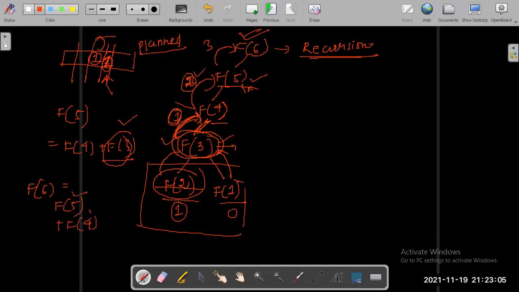Fibonacci of 5 has been calculated for f of 6, that is equal to 3. Now what does f of 6 require next? F of 5 has been calculated, and f of 6 requires the value of f of 4 for calculating itself. Am I correct?